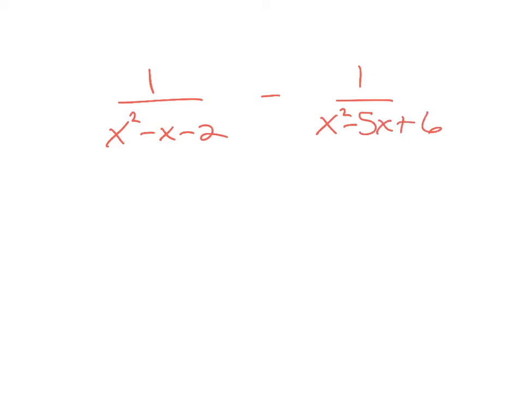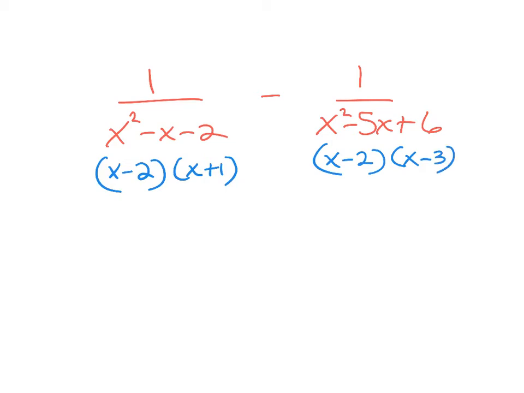Don't try to say that my common denominator is going to be both of these huge things. Factor them first. So the first one is going to factor into x minus 2 and x plus 1. The second one is x minus 2 and x minus 3. This actually is a hard trinomial because some people think maybe the factors of 6 are 1 and 6. But again, remember, that's a positive 6, so the signs need to be the same. So always, once you think you've got the factors, do a quick FOIL check and make sure that you pick